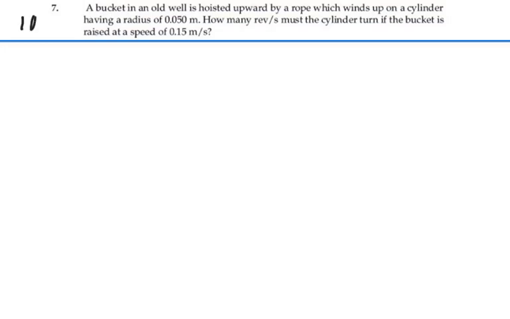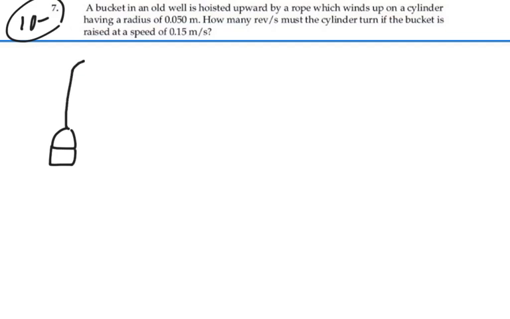Here's problem 10.7. A bucket in an old well is hoisted upward by a rope which winds up on a cylinder having a radius of 0.05 meters. How many revolutions per second must the cylinder turn if the bucket is raised at a speed of 0.15 meters per second? So we have a bucket,